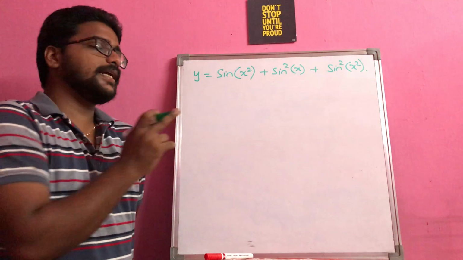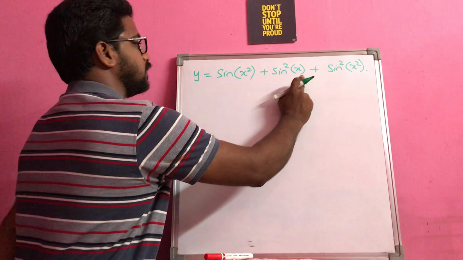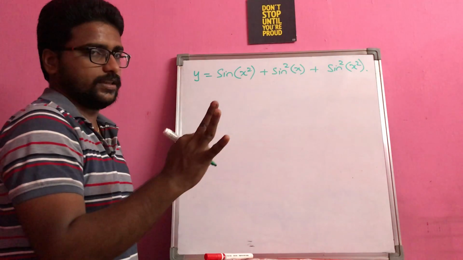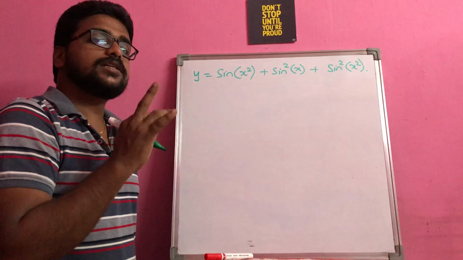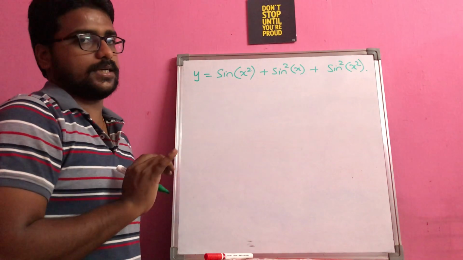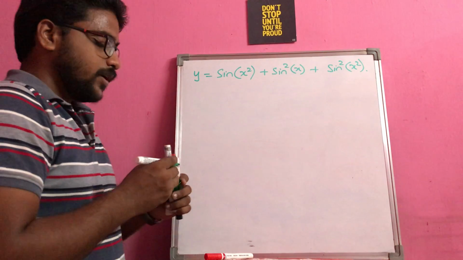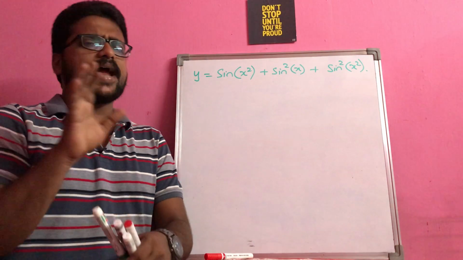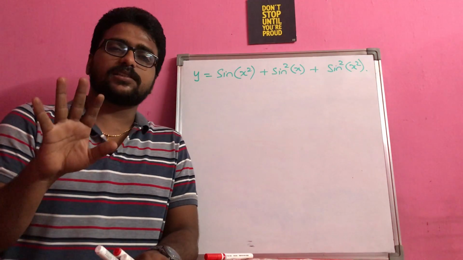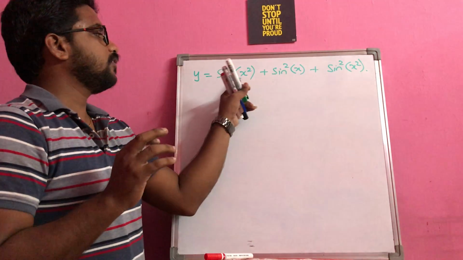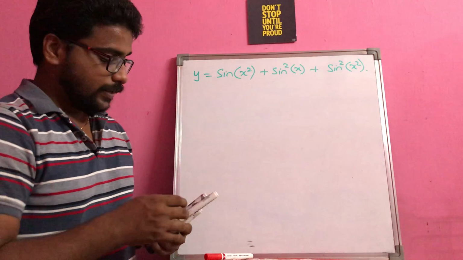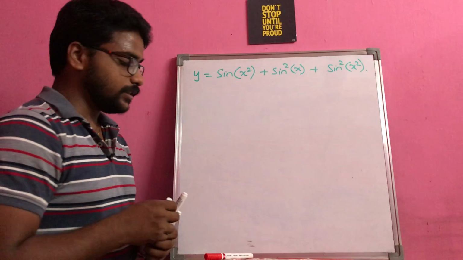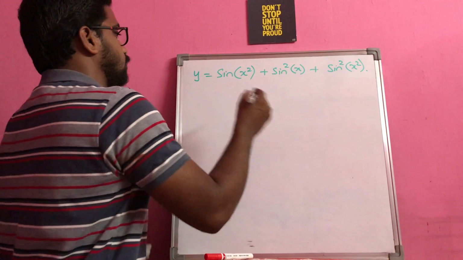You can understand what are the different functions they had given here, 3 different functions. All these 3 are combination of 2 functions. You can understand that part clearly, because with respect to sine, my standard function representation is sin x, but here sine of x square, sine square of x, sine square of x square they had given. So it is only just to confuse us. Let us go ahead with the calculation part.